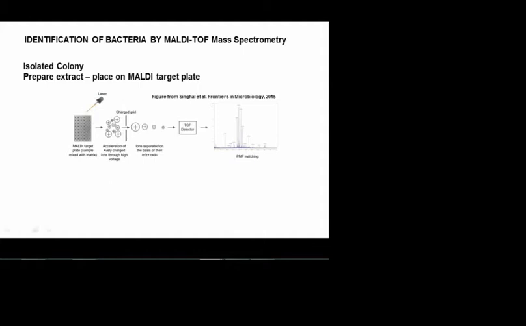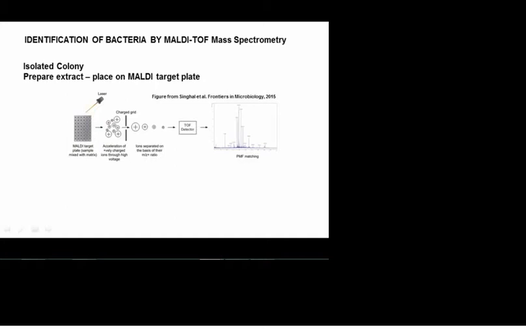Now, in clinical bacteriology, this is being replaced by mass spectrometry. How does that work? Well, you start off always with a colony on an agar plate. You prepare an extract and then spot it onto a metallic MALDI plate. An array might have 60 different spots, 60 samples on a plate. The laser is going to hit the spot and vaporize all the proteins and everything that's in the extract. They will be ionized and then go through the mass spec detector and give you a spectrum,